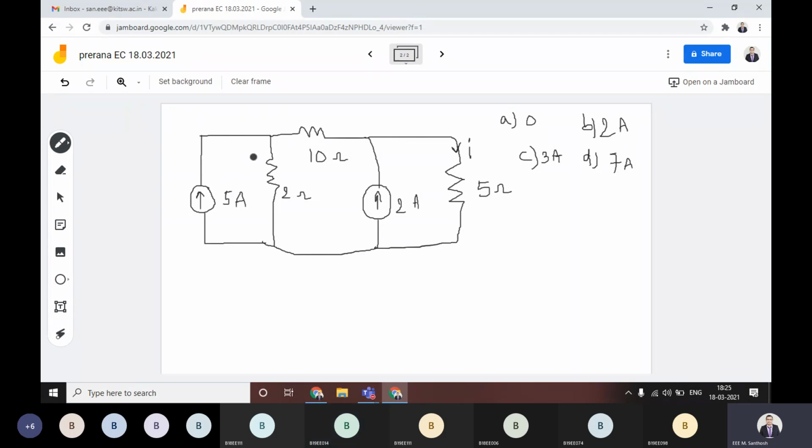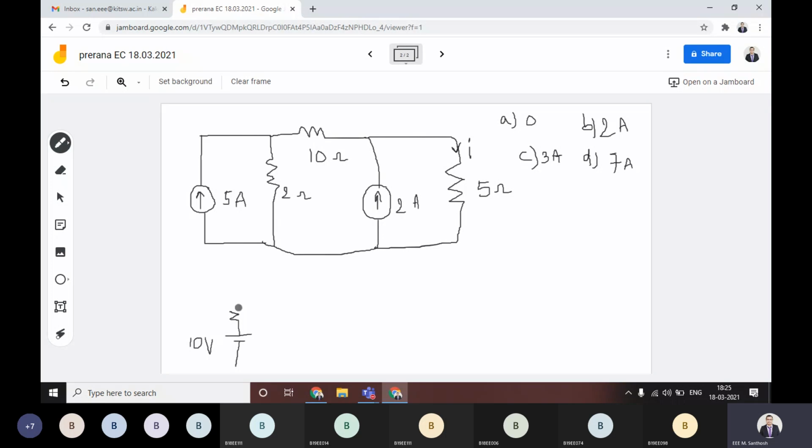First, here a current source is there. For that reason, here 3 loops are there. I am converting these 3 loops into 2 loops. Here a current source and a resistor are there. For that reason, you transform this current source and resistor into one voltage source in series with the resistor. Then I into R will give you 10 volts. That 10 volts I will connect as a battery. That means I am applying the source transformation technique here. Okay, this is a 10 volts battery.